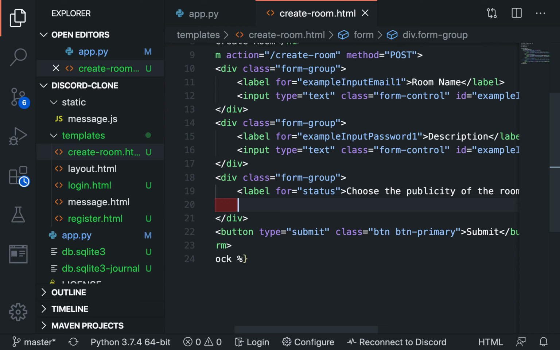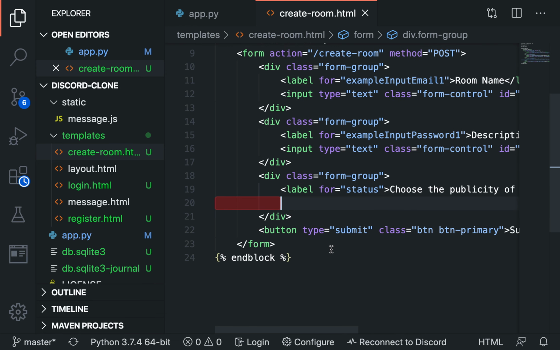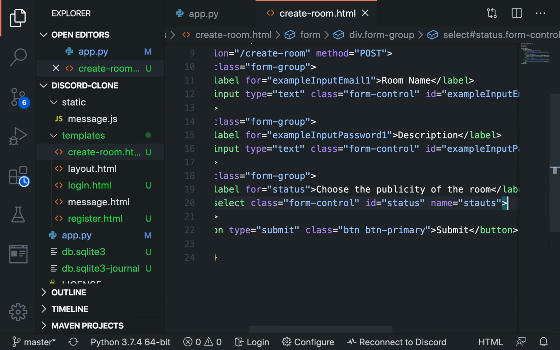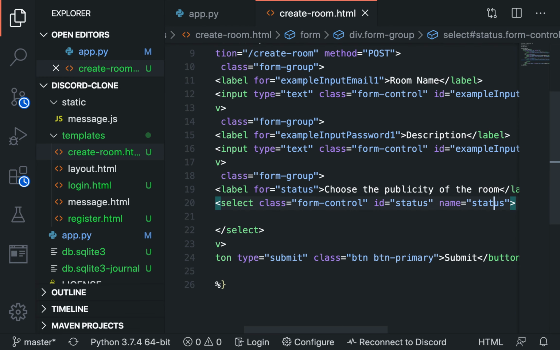where users can search. We'll also implement the search at the end. Users can also choose unlisted, which means it won't be displayed, but with the given URL they still can access it, and then private. Once it's created, we're going to say it cannot be modified. Select, class with form-control, ID is status, name is also status, if I can spell it correctly, and then